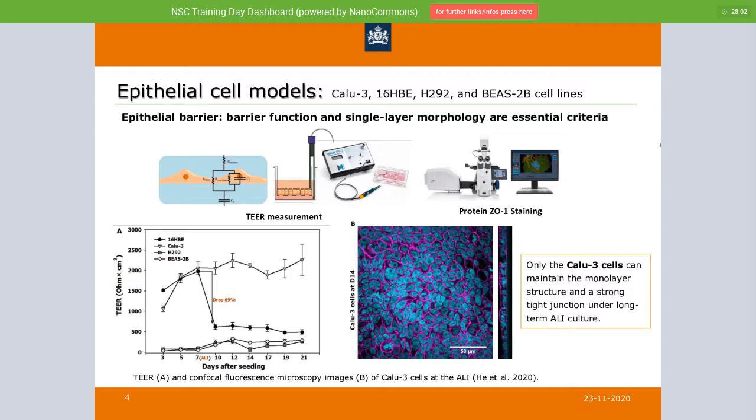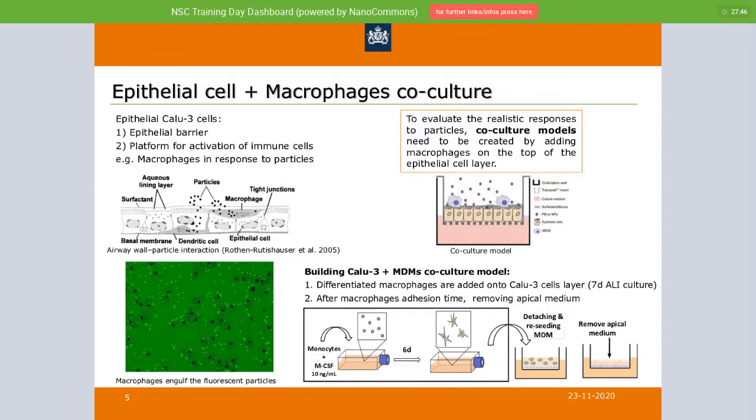So from the results, we can see only the Calu-3 cells can maintain the monolayer structure and keep a strong tight junction under long-term air-liquid interface culture. Also, the macrophages play an important role in uptake and clearance of particles in our lungs. So to evaluate the realistic responses to particles, the co-culture models need to be created by adding macrophages on top of the epithelial